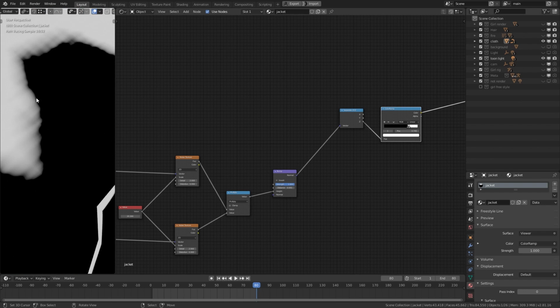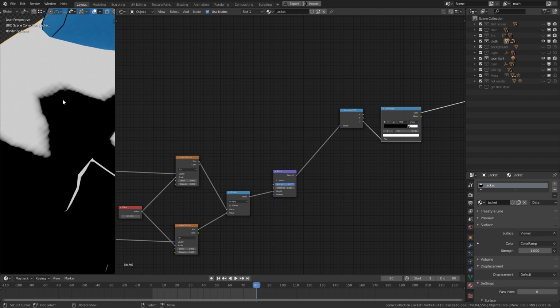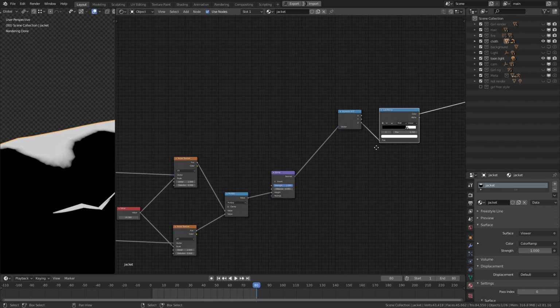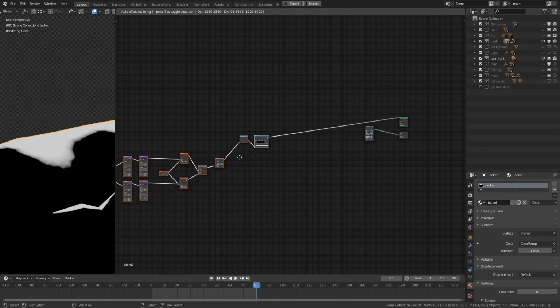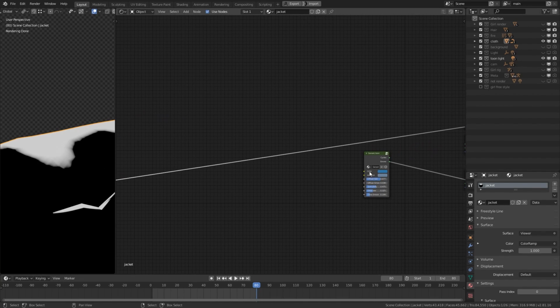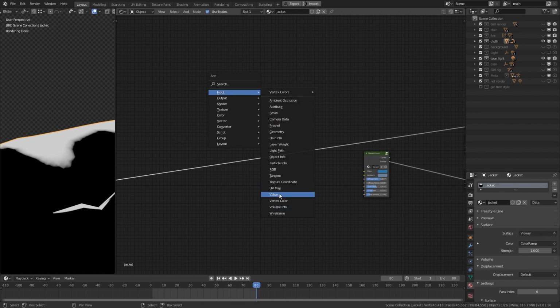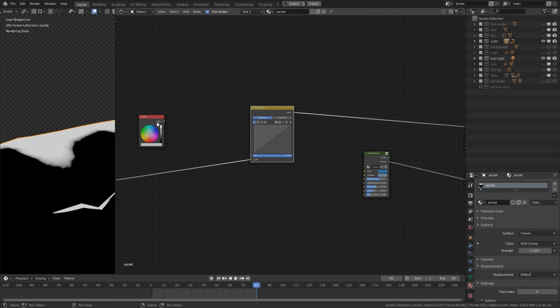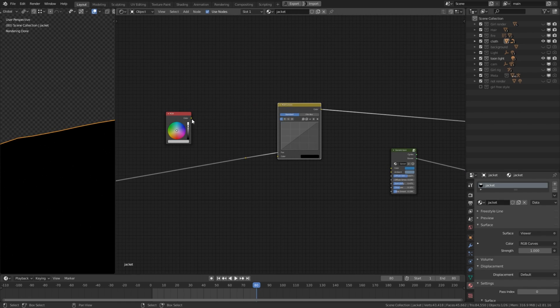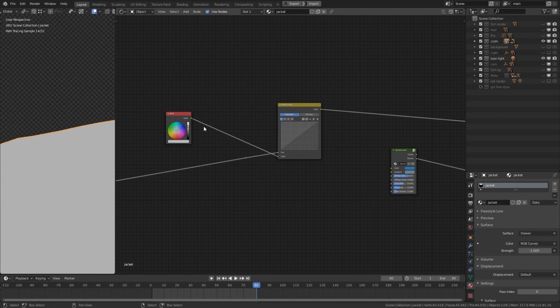So now you can see we have a very nice crosshatch kind of transition between black and white. Okay, so let's bring everything back a bit, and we're gonna create a RGB node, and we're gonna create a color curve node,